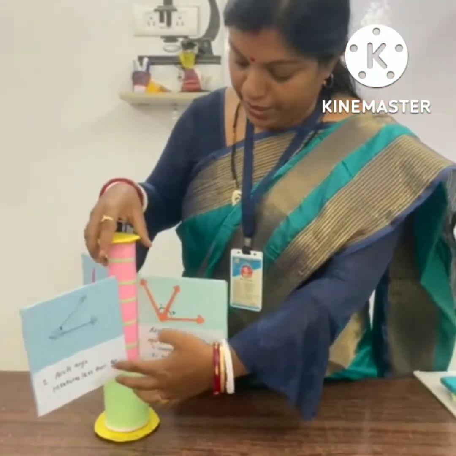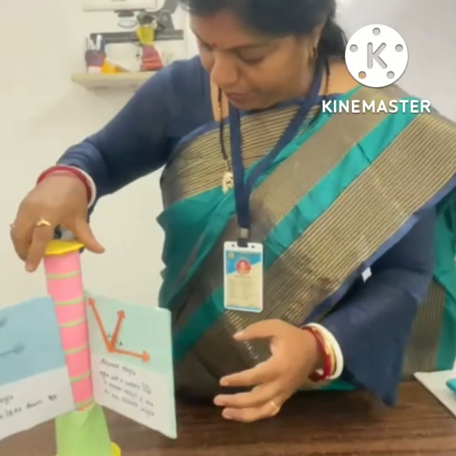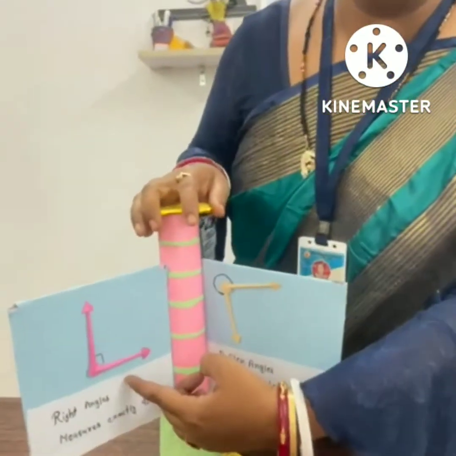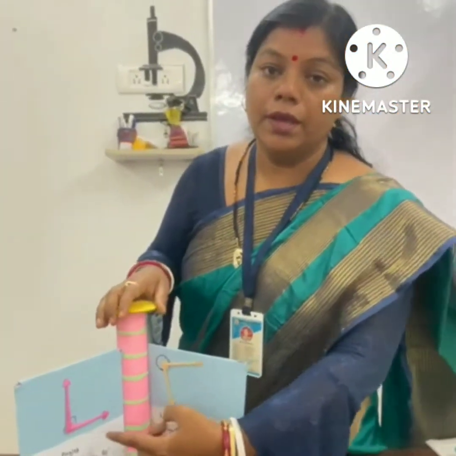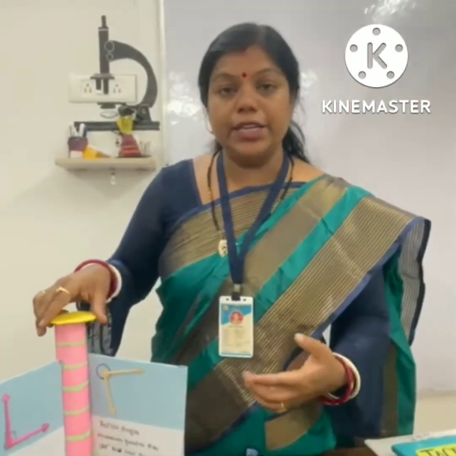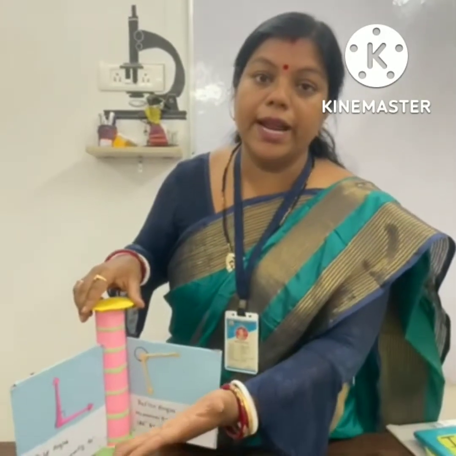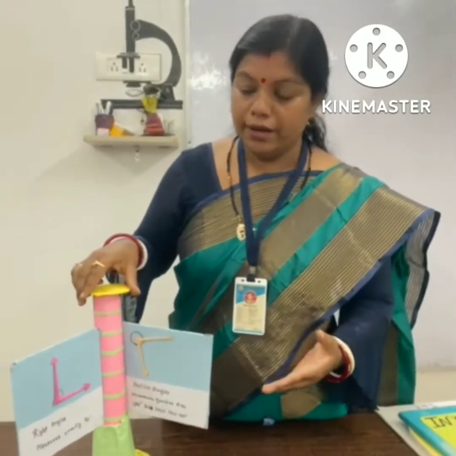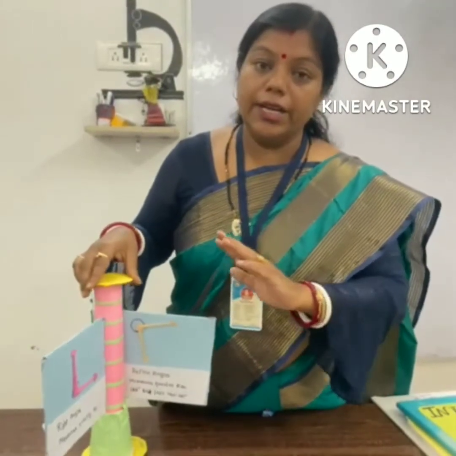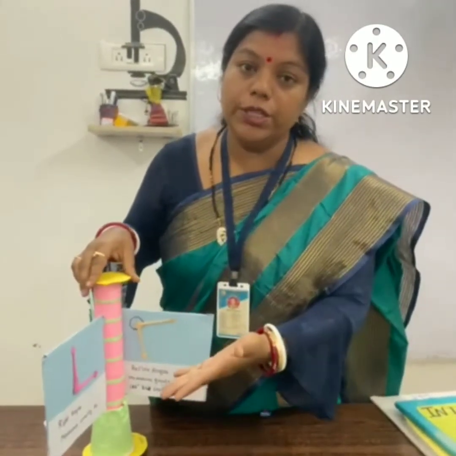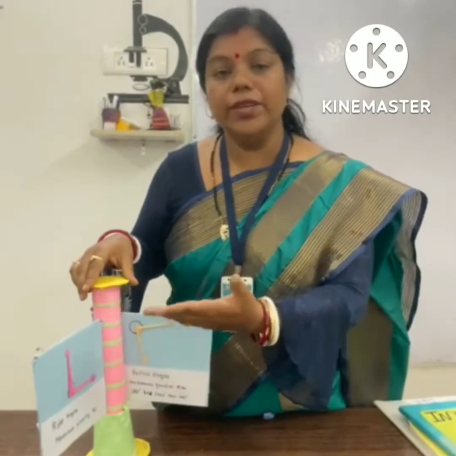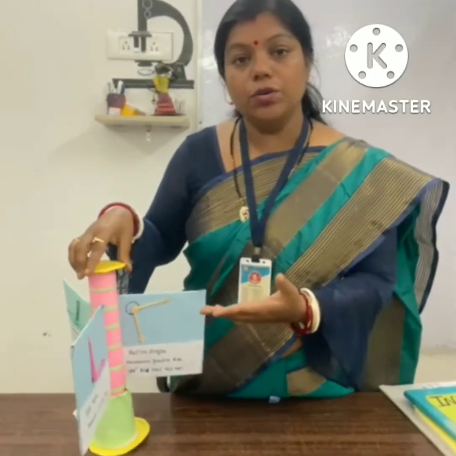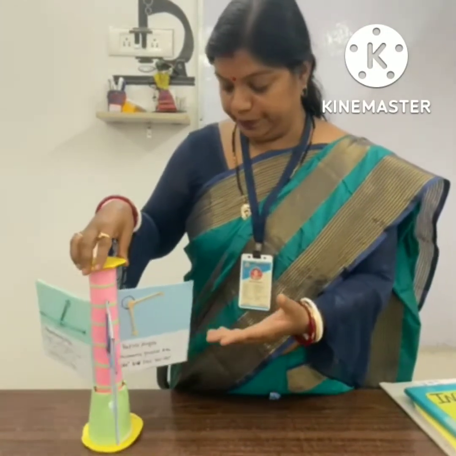And when the rays are perpendicular to each other, then we can say that it is a right angle. When the inclination is more than a right angle, 90 degrees, then it is an obtuse angle. And when the rays are in opposite directions to each other, then it is a straight angle, and it is also called a 180 degree angle.